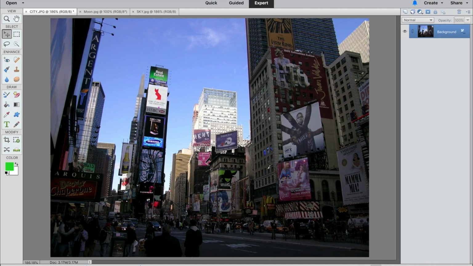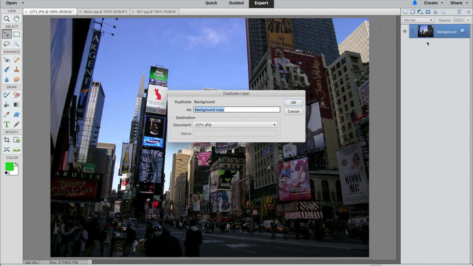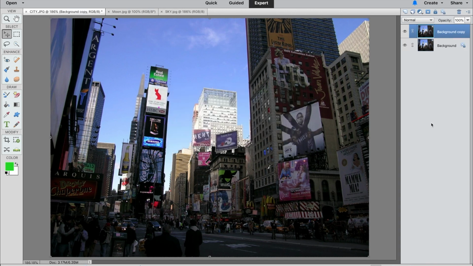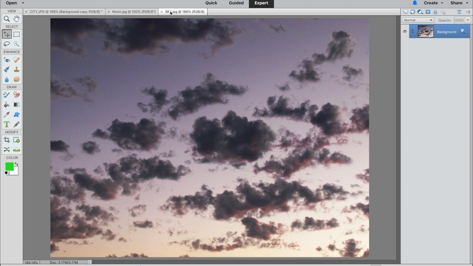So here I'm going to need to turn on the layers by clicking on that side. I'm going to need to duplicate my layer. So you right click the layer and you click duplicate. You get a copy of the background. Looks good. And now I'm going to get the sky to replace the sky that we see here. And in order to do that, I need to do the following steps. First, I'm going to